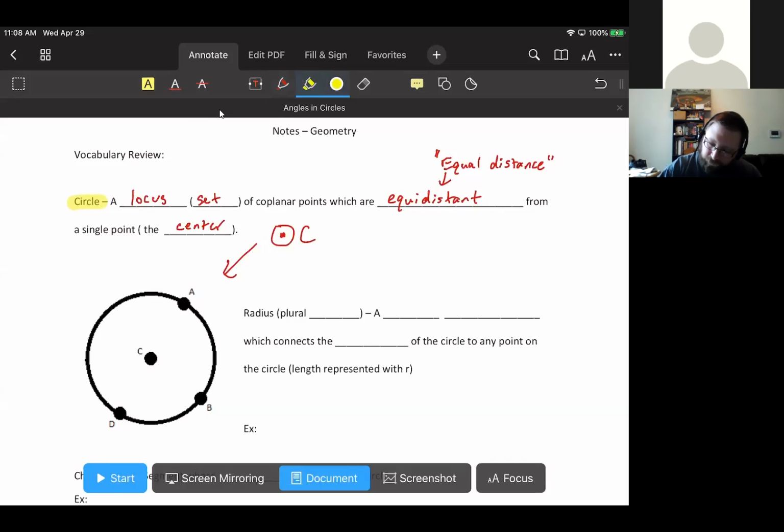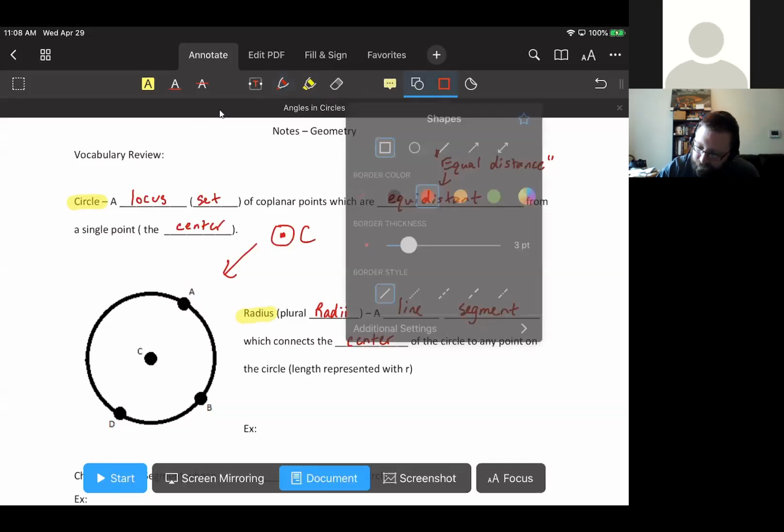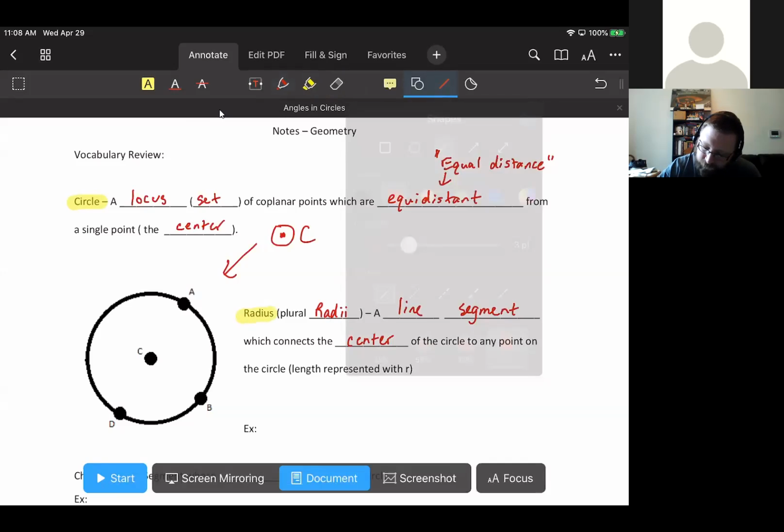The next word we need to review is the word radius. Remember, the plural of the word radius is the word radii. It's not radiuses, it's radii. It is a line segment which connects the center of the circle to any point on the circle. So for instance, AB here,